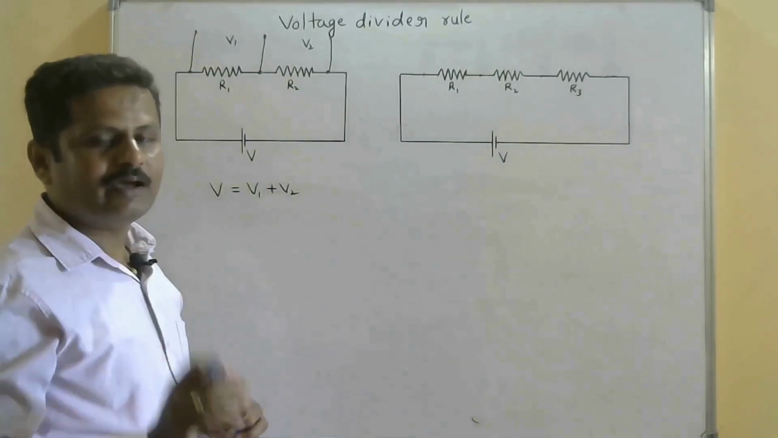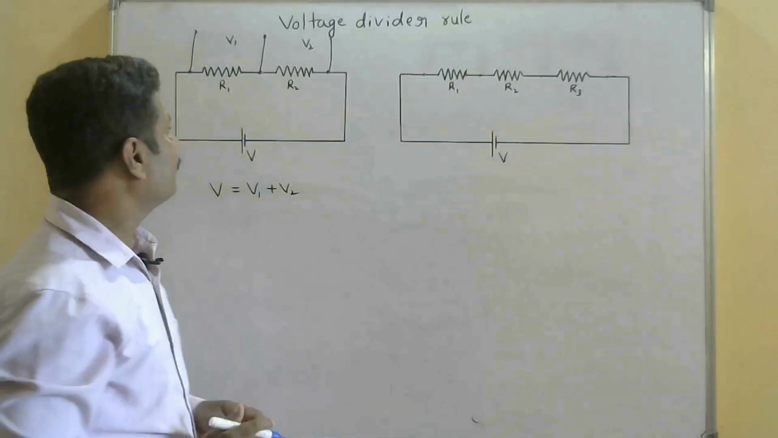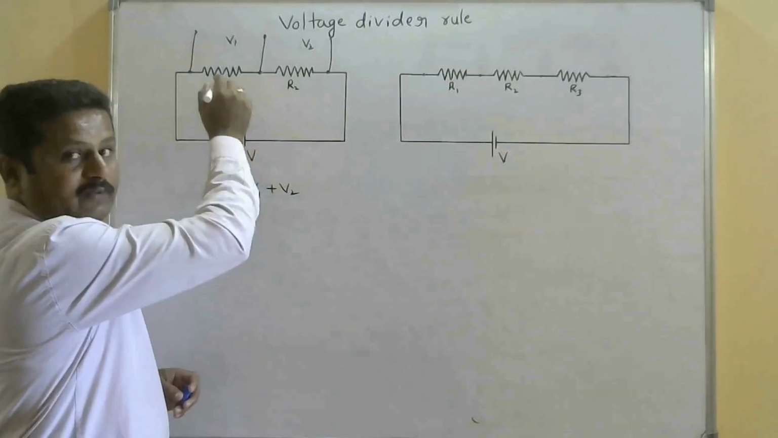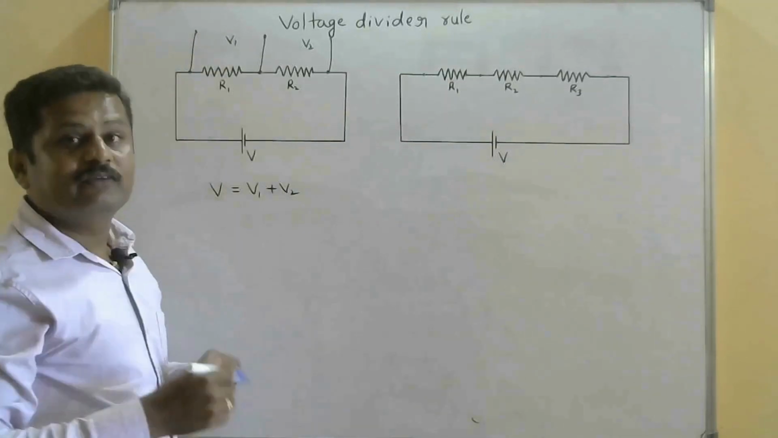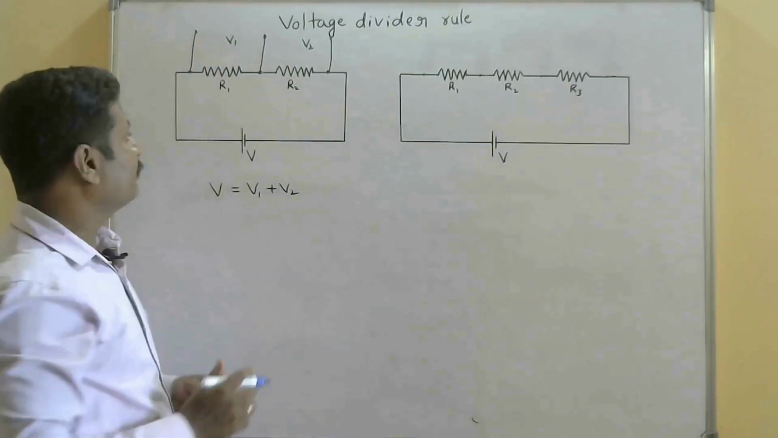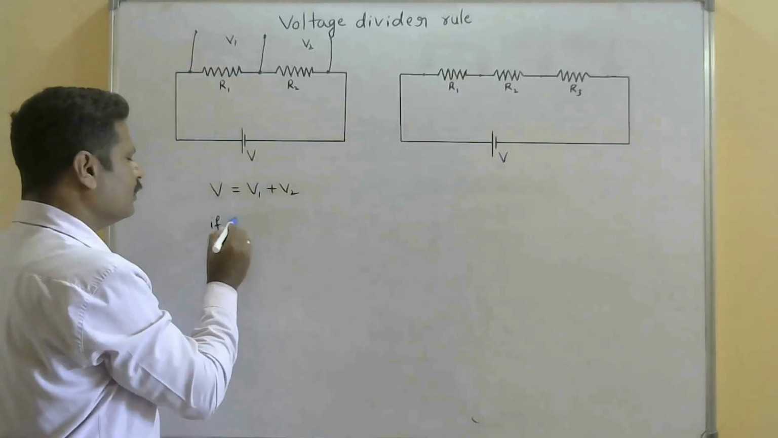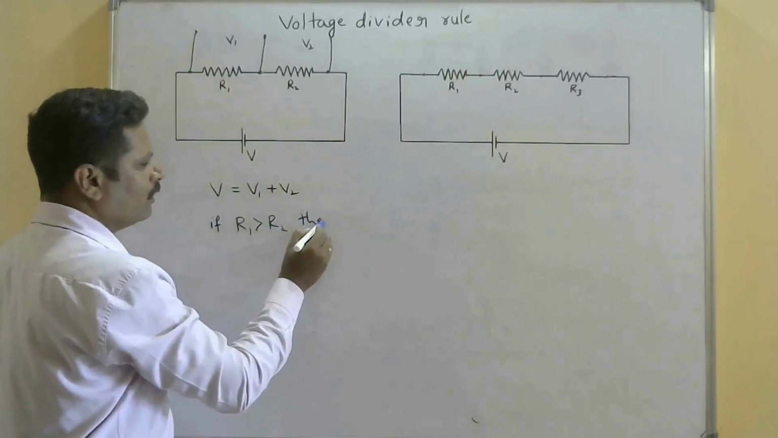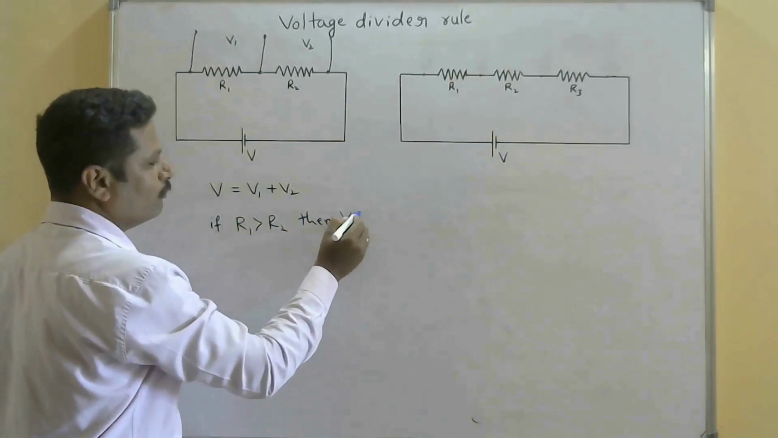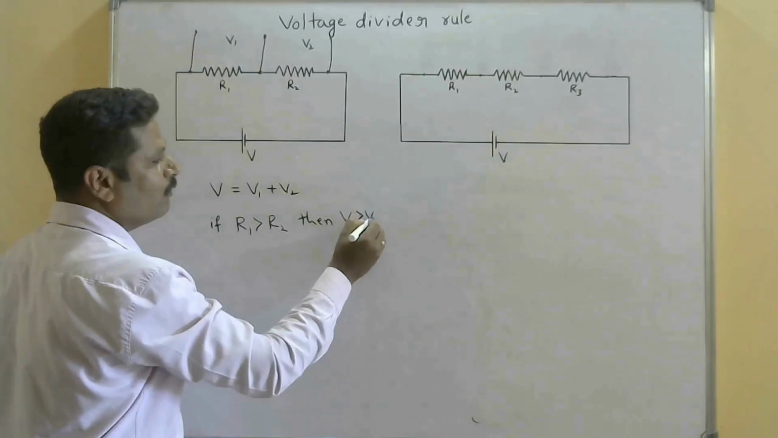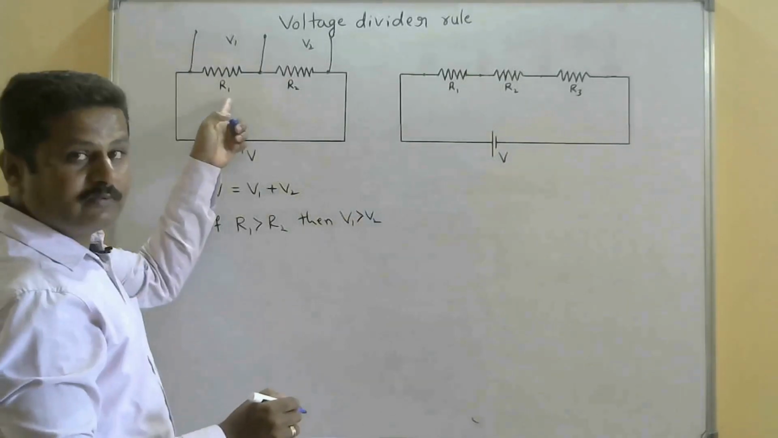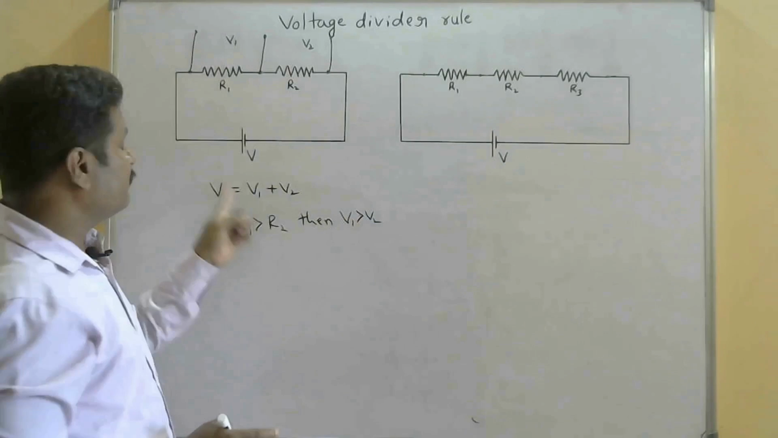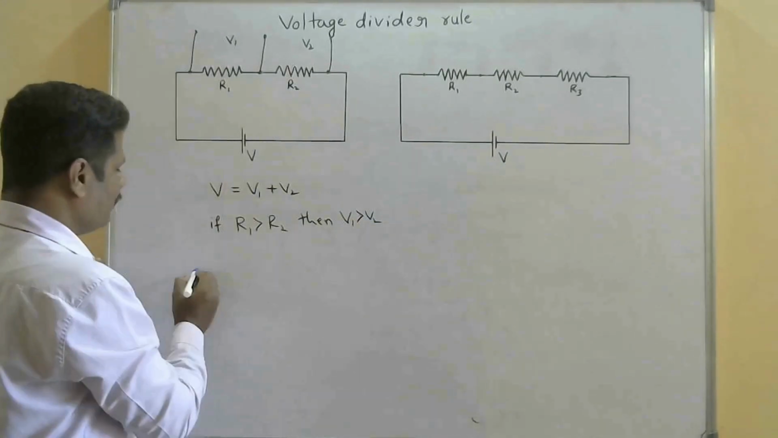The key idea you need to keep in mind is that the larger the resistance, the greater the share of voltage it will get. That means if R1 is greater than R2, then V1 is greater than V2. Larger the resistance, larger the share of voltage it gets. That is the thing. And here V1 is equal to